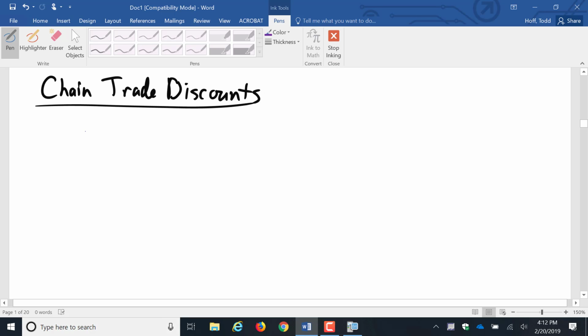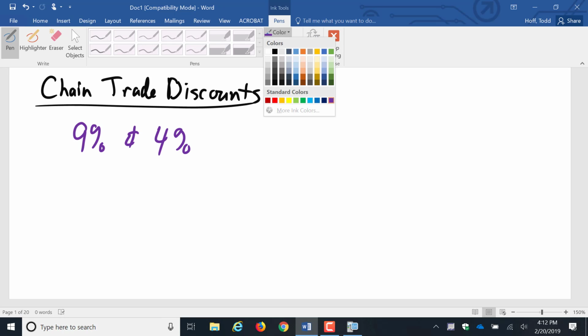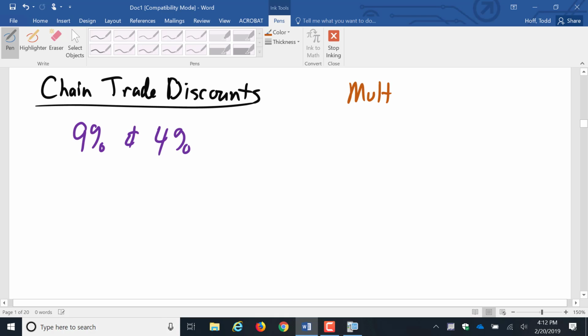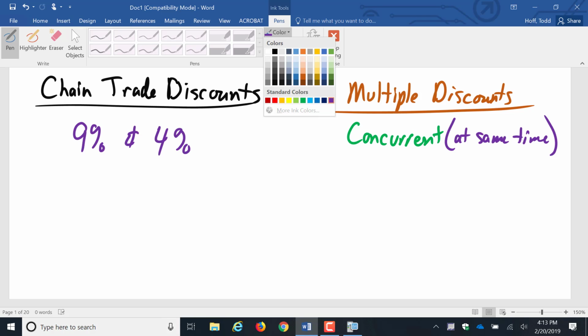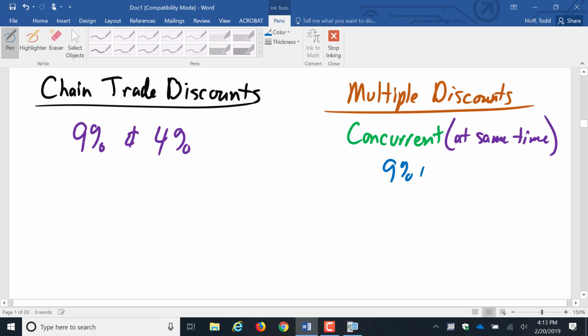So for example, let's say you're given a 9% discount and a 4% discount. Now when you have multiple discounts, there are two ways to calculate it. The first way to calculate it would be something called concurrent. Concurrent means they happen at the same time. So for a 9% and a 4%, you'd simply be saying 9% plus 4% gives you a total of 13%